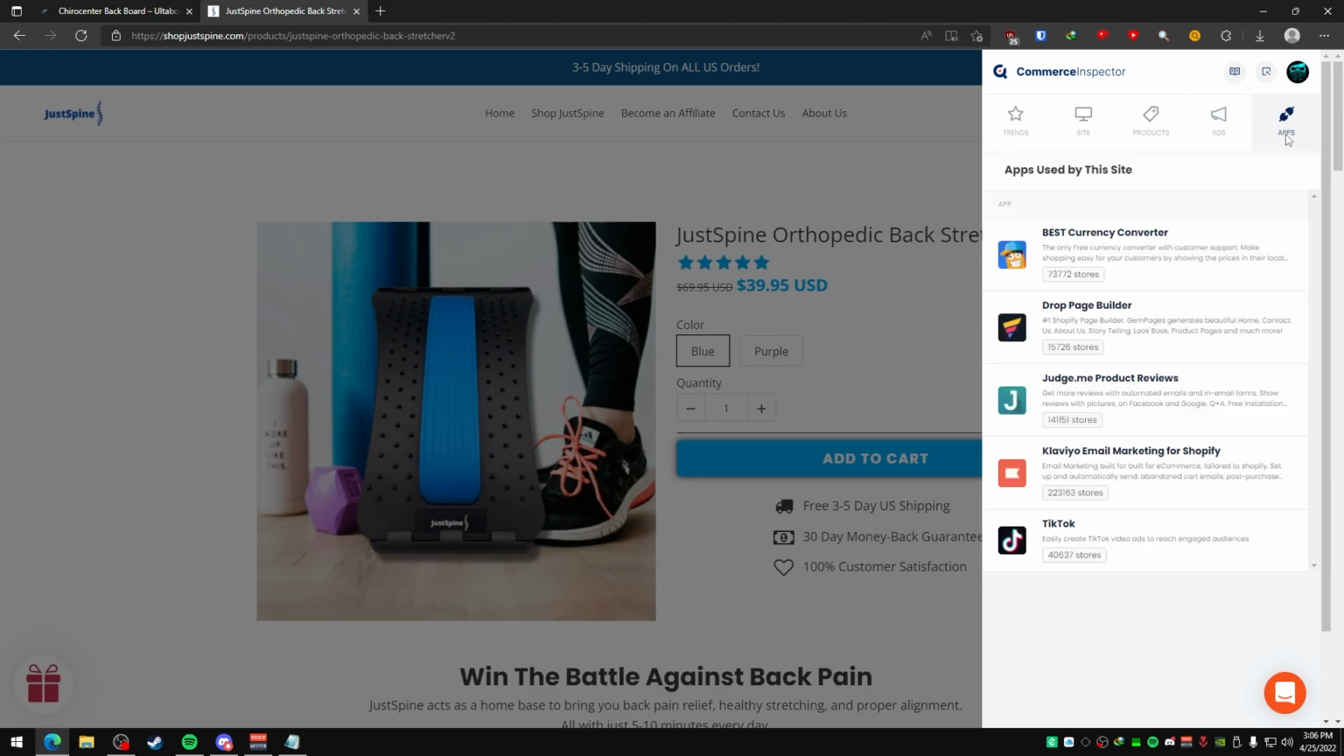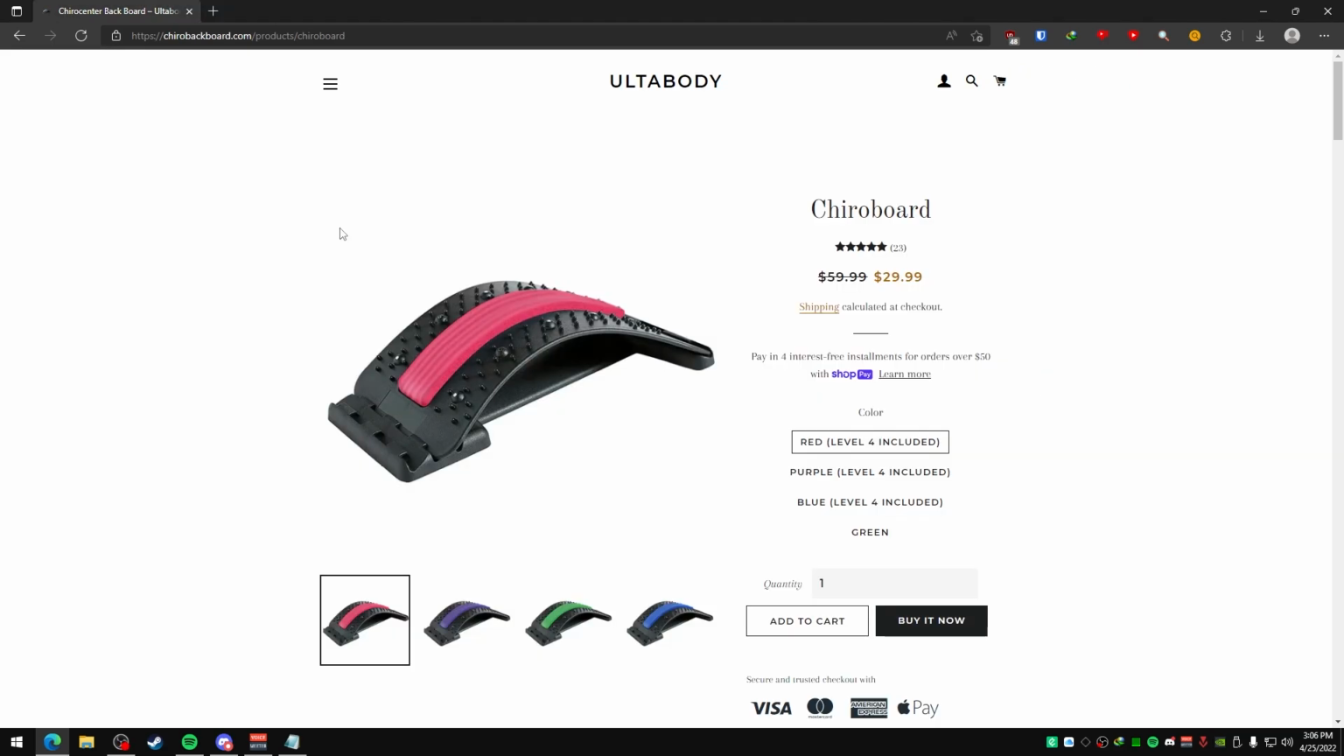And one of the other features that I really like is you actually can see what apps they use. So you can see this is all of their Shopify apps. They only have 5, and you can see them right here. Use them on your store, and you're good to go. Now, if we go to